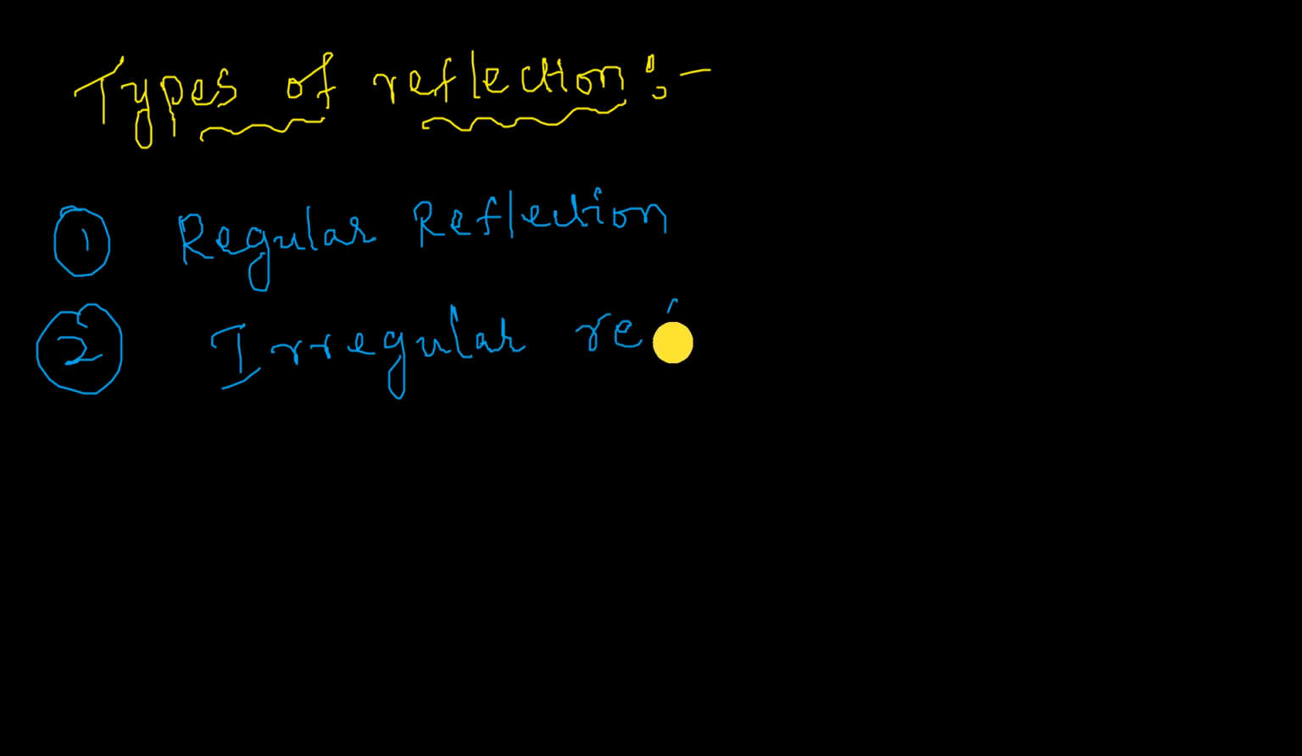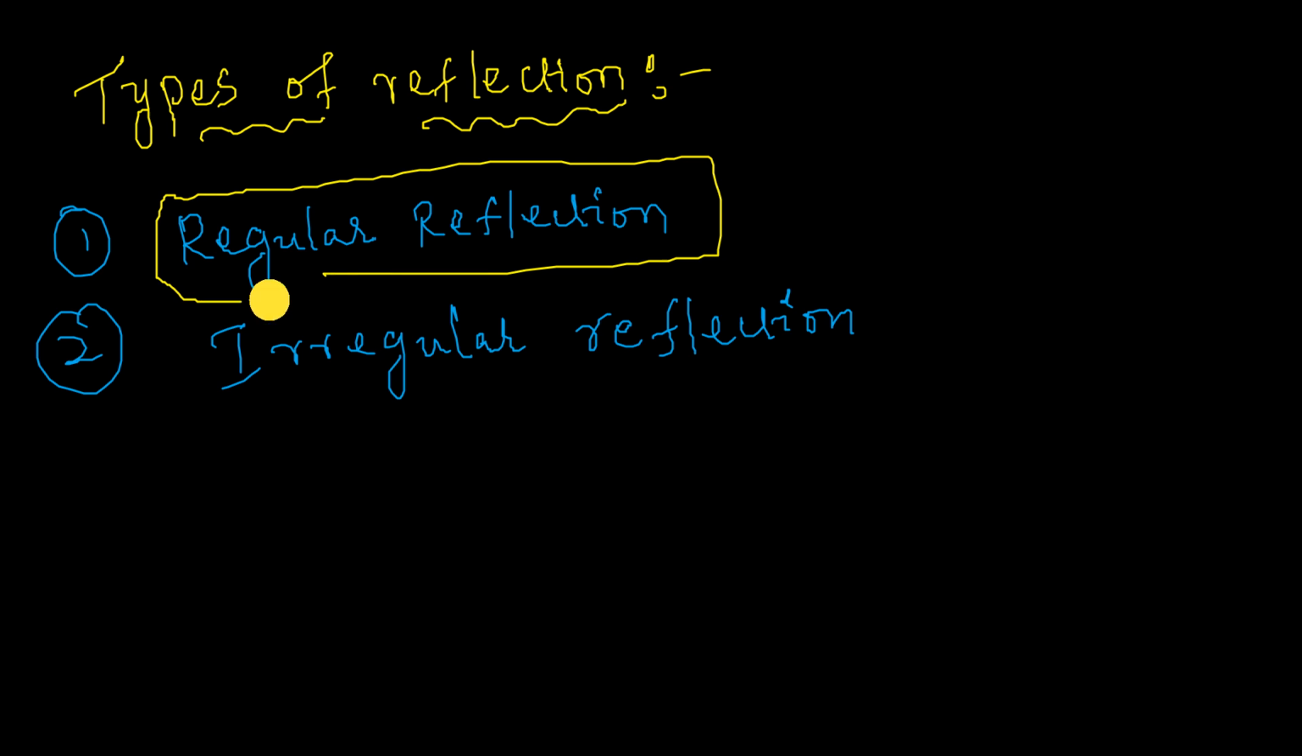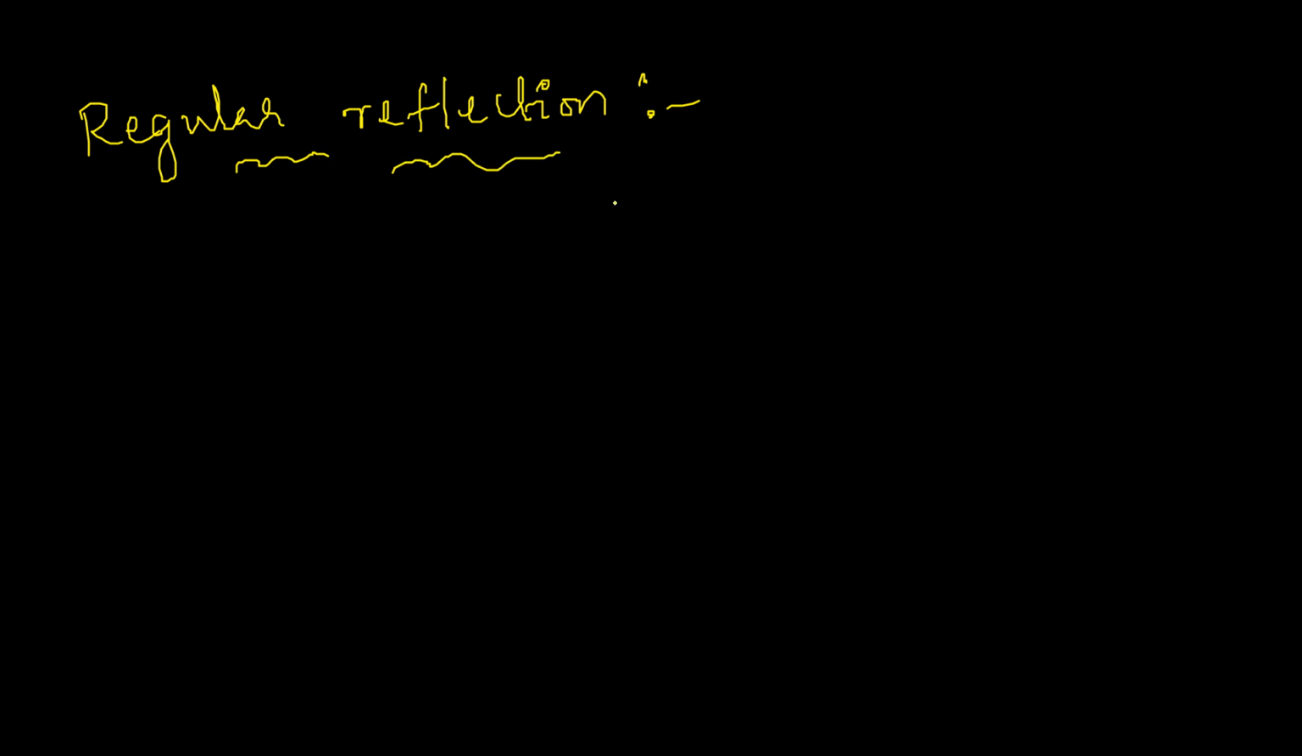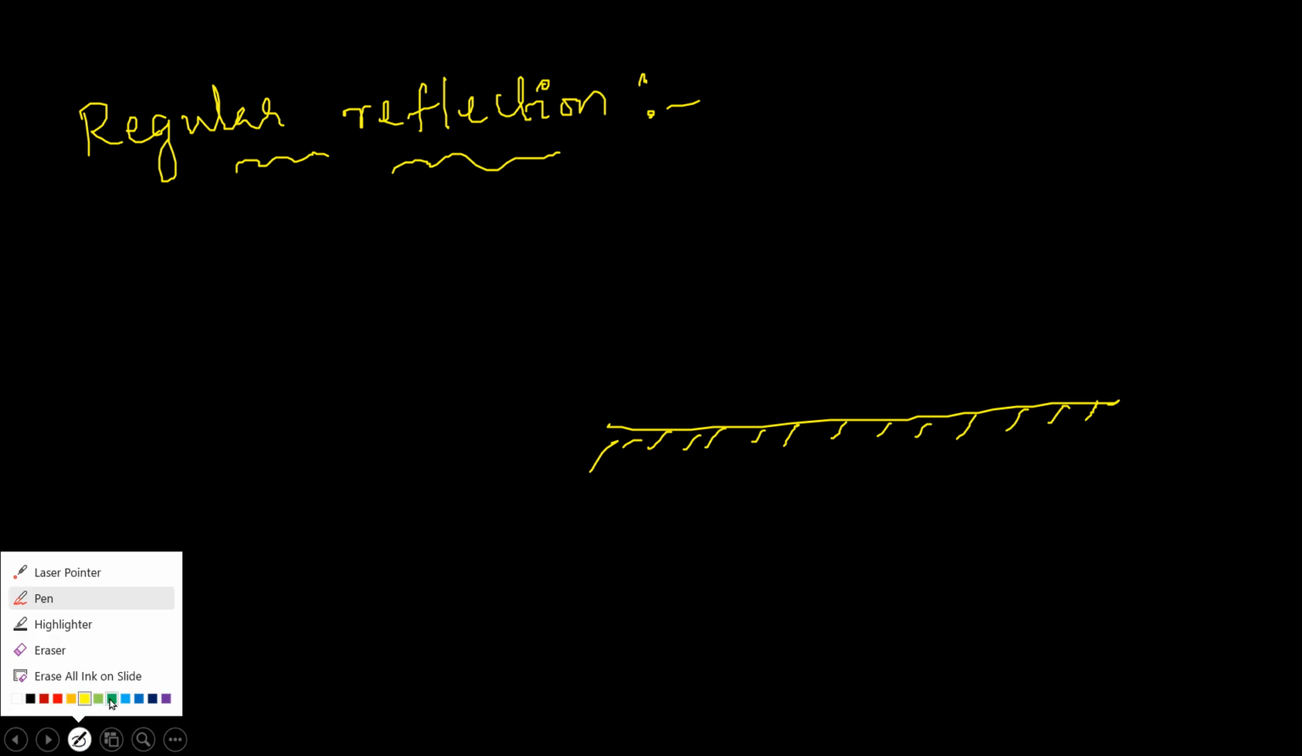If you consider regular reflection, it takes place on a smooth surface. Put the heading regular reflection. Regular reflection takes place on a smooth surface. I'm considering this smooth surface, taking a plane mirror. When a parallel beam of light is incident on it,